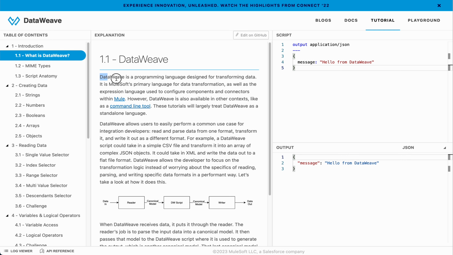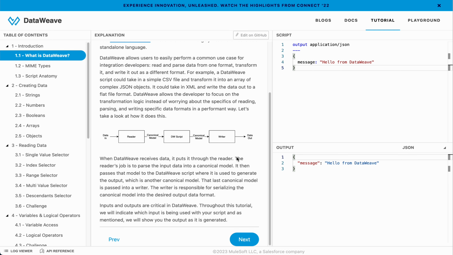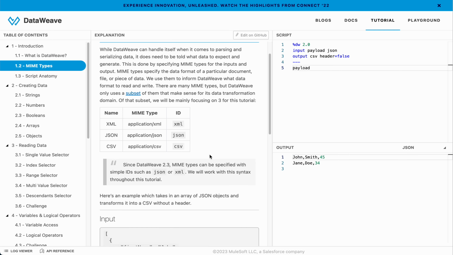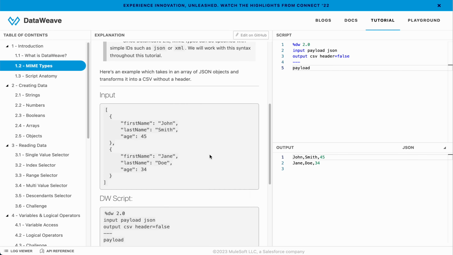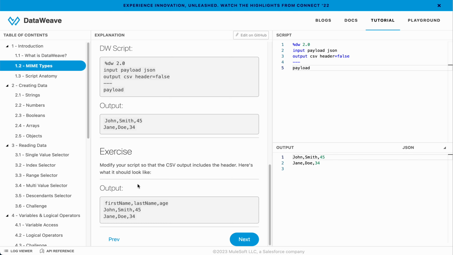DataWeave is a programming language designed for transforming data. In this one there is no exercise, so I'm skipping it. In the next one you can see MIME types. Here at the end we have to modify